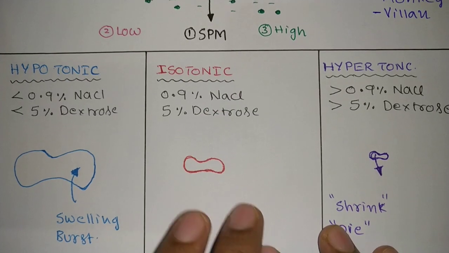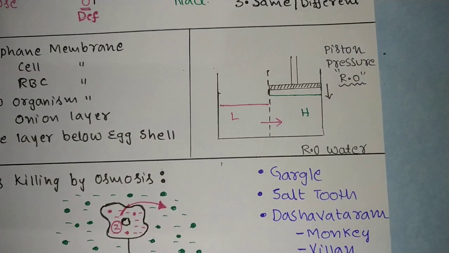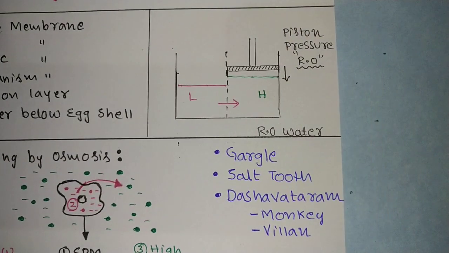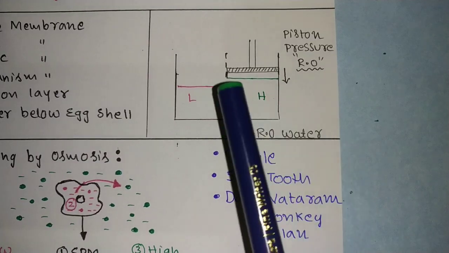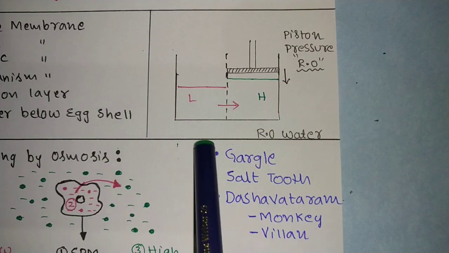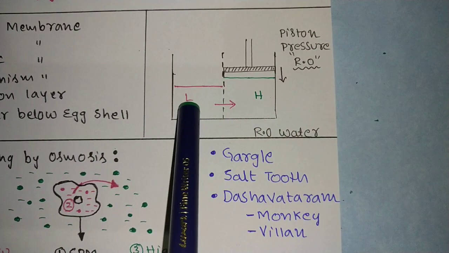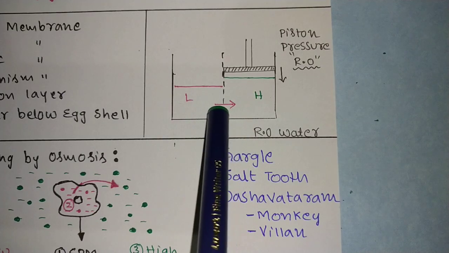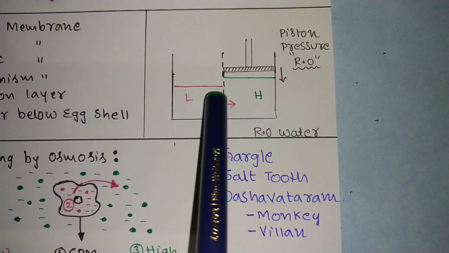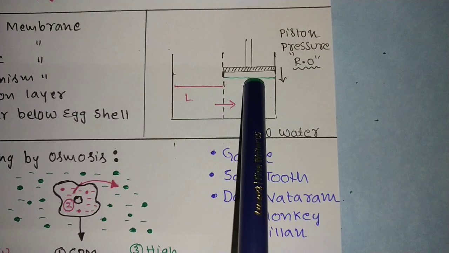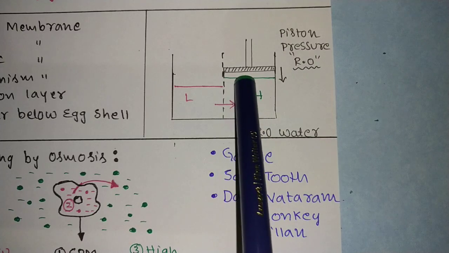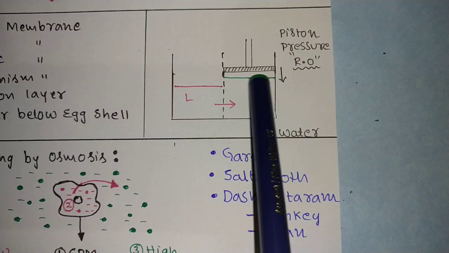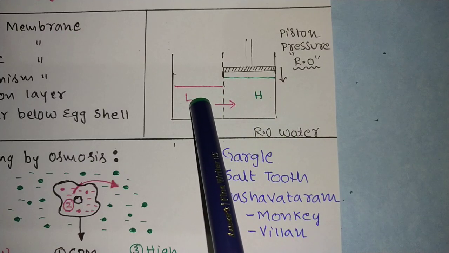And we will see reverse osmosis. This is a very simple concept. See here, there is a movement of the solvent from low concentration to high concentration. That's why there is a level; the level will be raised a little bit, because of the flow of the solvent from here to here.